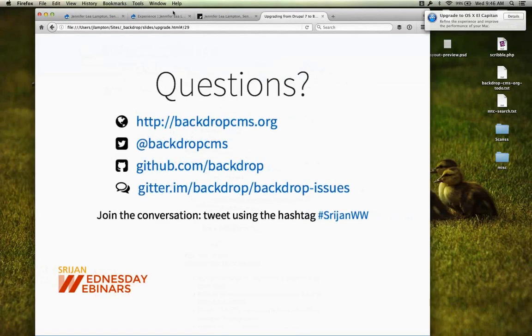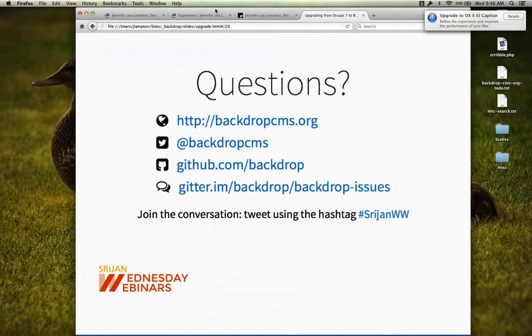So the first question is: is there any sort of documentation where all the differences between Drupal and Backdrop would be mentioned? Yes, so we have a set of change records on Backdrop's API website. So this is